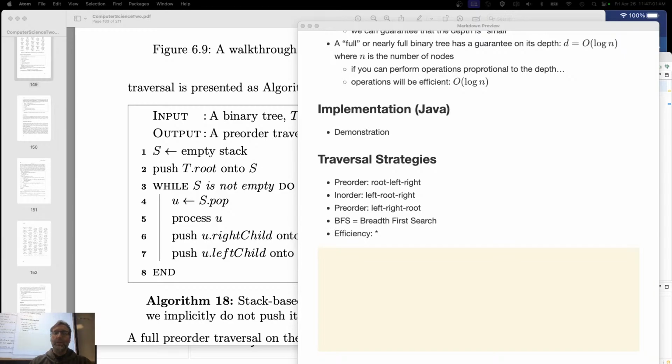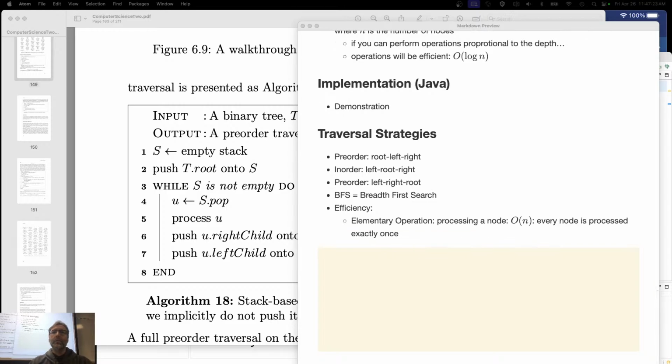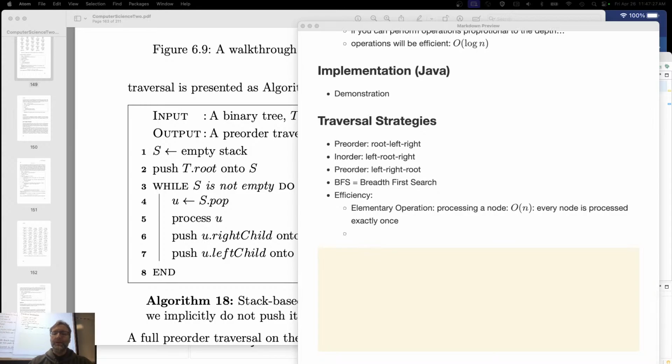Right? What about efficiency? So if your elementary operation is, say, processing a node, printing it, pulling out its data and looking at it to see if that's the thing you're looking for, whatever you're doing with it, right? Then it's going to be order n. Why? Because every node is processed exactly once. No less than once, no more than once. Right? If your elementary operation is something else,